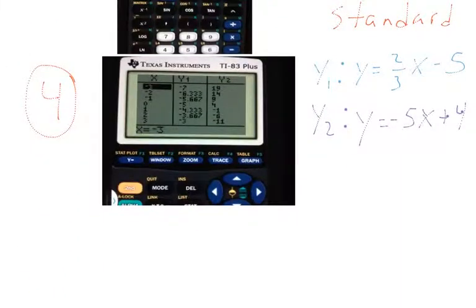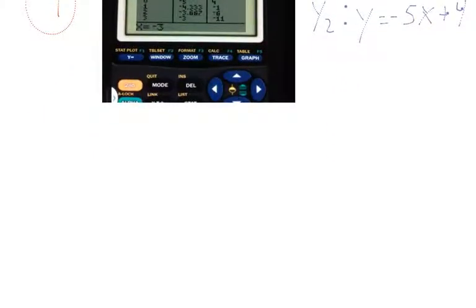So back to the table, you can see, okay, when x is 0, that first equation returns -5, and the second equation returns 4 for y. Well, I mean, if x is 0, then both these go to 0, so that should be kind of obvious. But what's cool is you can arrow up and down, see a bunch of values. If you press this